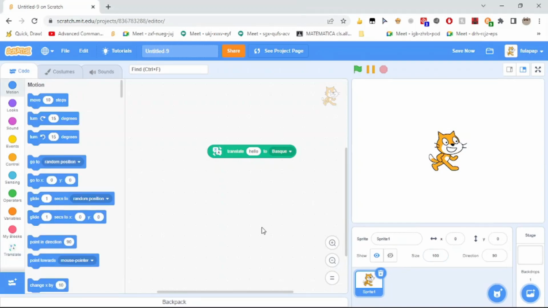Okay, so I took my internet off, and as you can see, when you click on it, it still works. Why? Well, if you translate something while you have internet, and then translate it again, it's going to show the same thing, because probably Scratch remembers it or something, I don't know. But you quickly notice if you type something else like